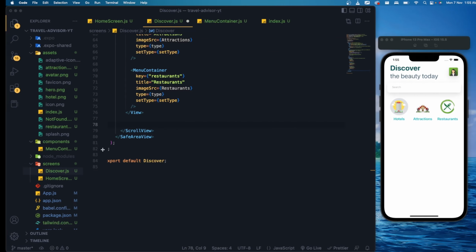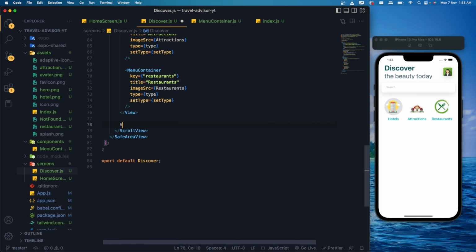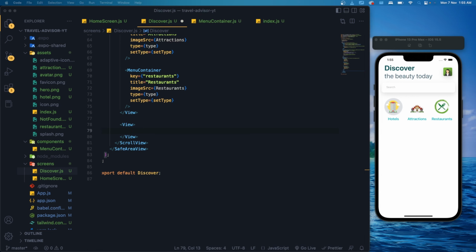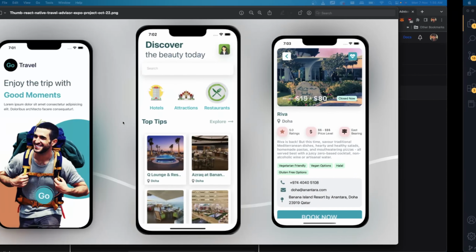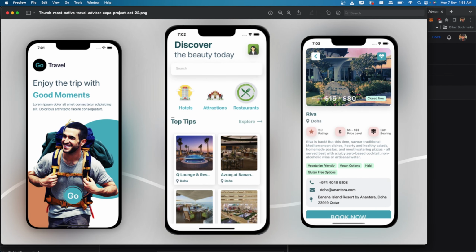So let's go ahead and build that one. I'm going to create one more view inside here, and basically we can keep this thing in this element